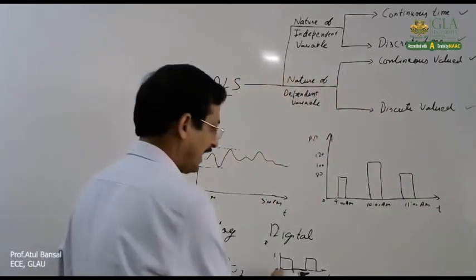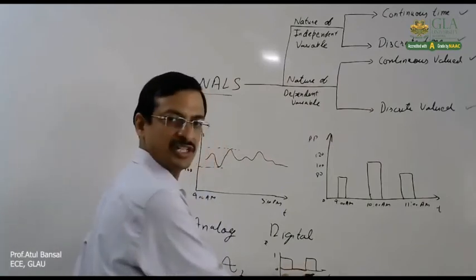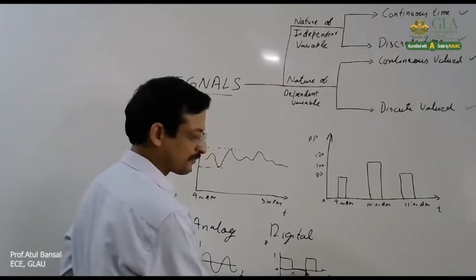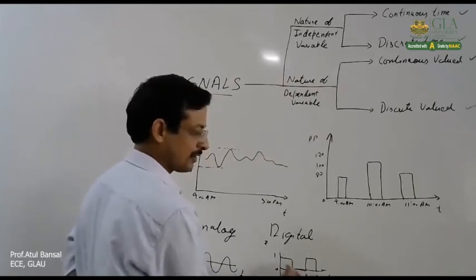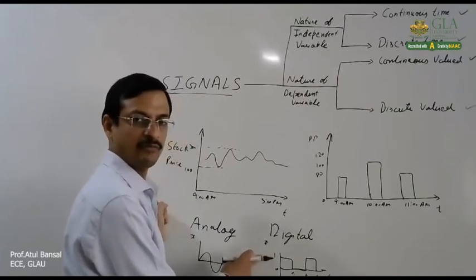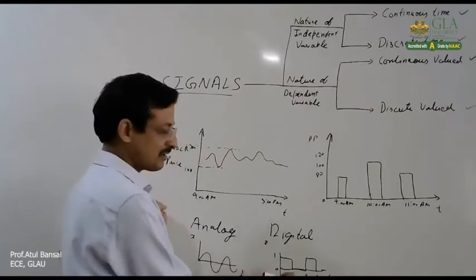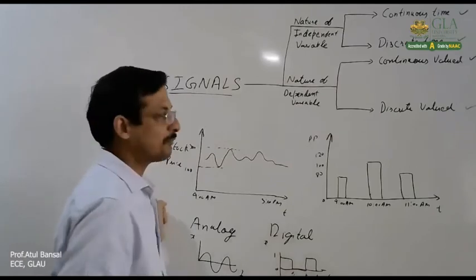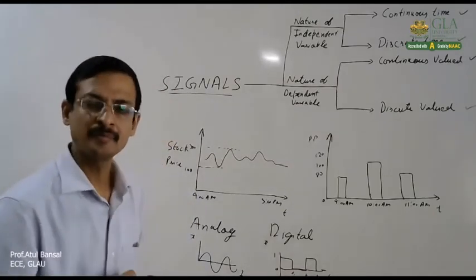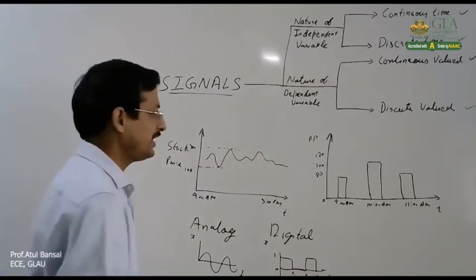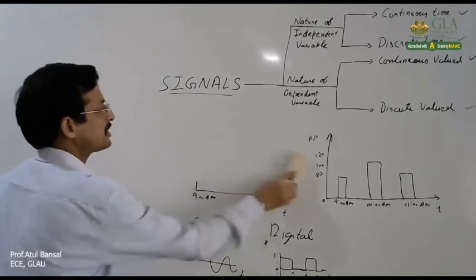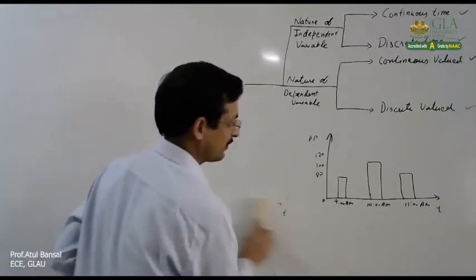So this signal, if you look at it, is not a pure digital signal because it is continuously defined from this time to this t1. It is having 1. So it is discrete in magnitude, that is, it can have only two values, 0 and 1, but continuous in time. The pure digital signal is one which is discrete in time as well as discrete in magnitude, right? So that is the second way of classifying signals, based on the nature of the dependent variable.